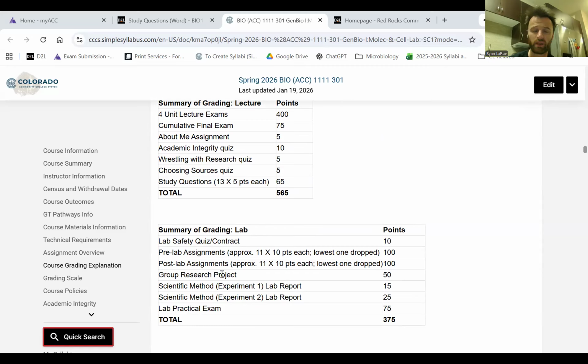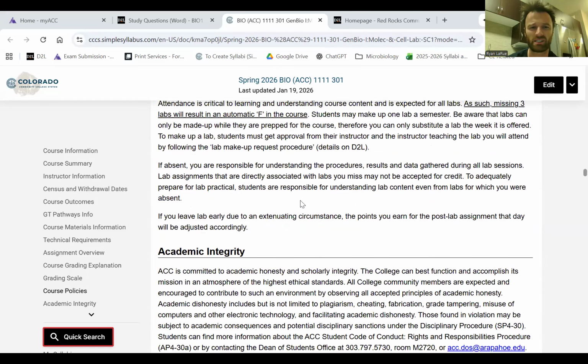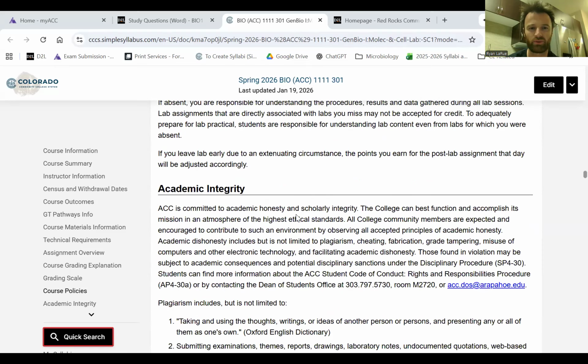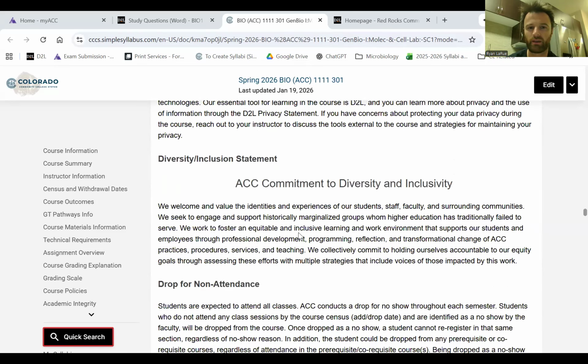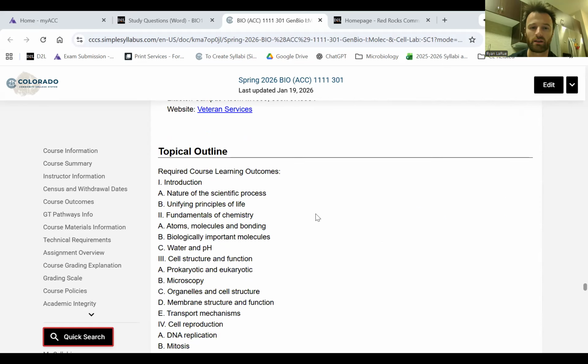The lab, I'll probably talk about that more in lab when we meet for lab and how labs work. I like to go through the process there. But you can check this out on your own, really. Let's keep going. I want to say that's really the main stuff. Great. Thank goodness. I don't want to talk about my syllabus anymore.